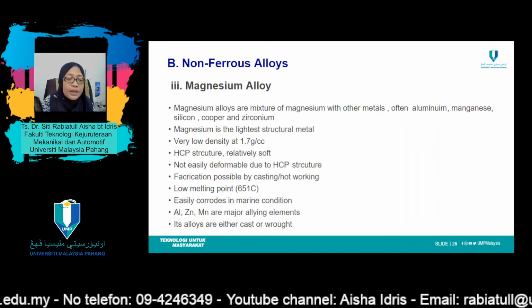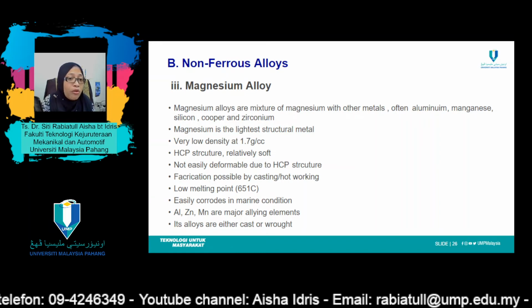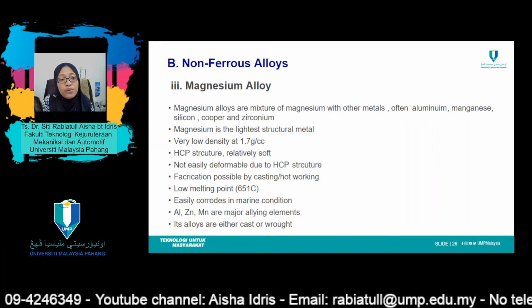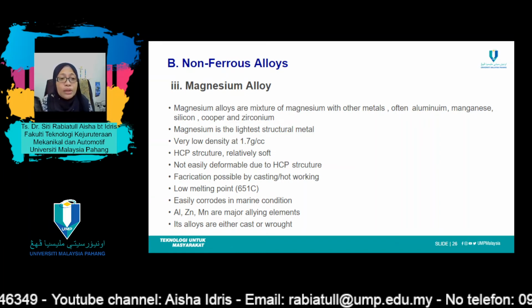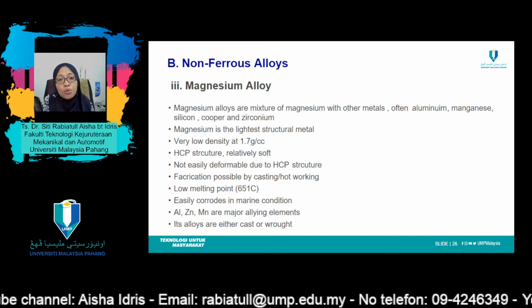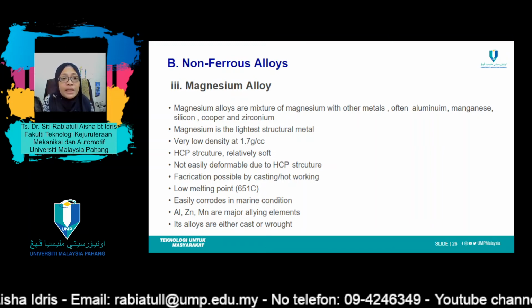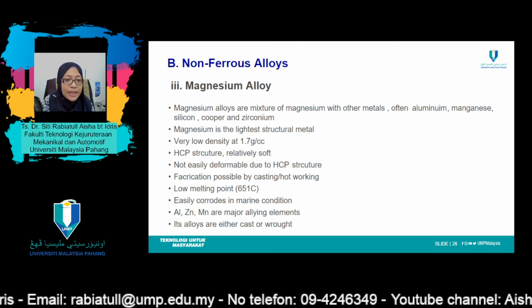At room temperature, magnesium and its alloys are difficult to deform. In fact, only a small degree of cold work may be imposed without annealing. Consequently, most fabrication is by casting or hot working at temperatures between 200 to 250 degrees C. Magnesium, like aluminium, has a